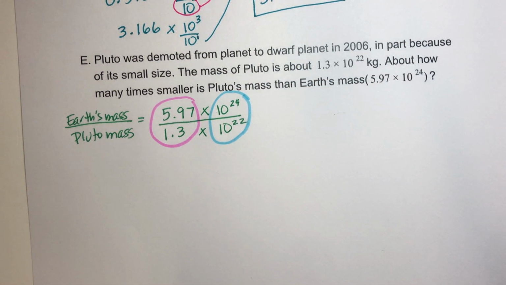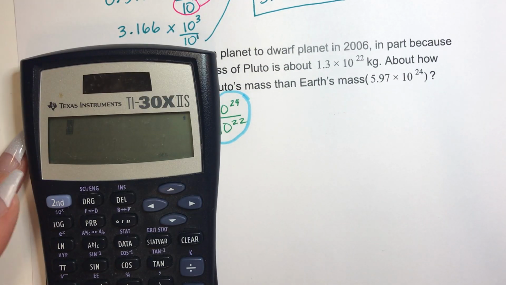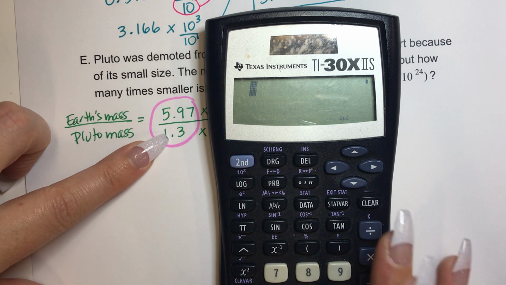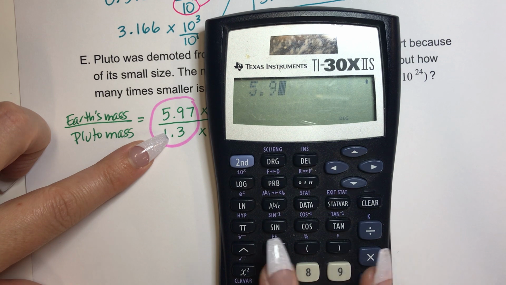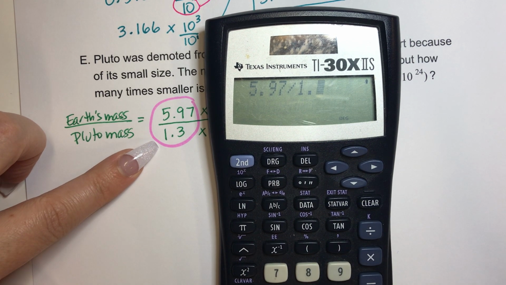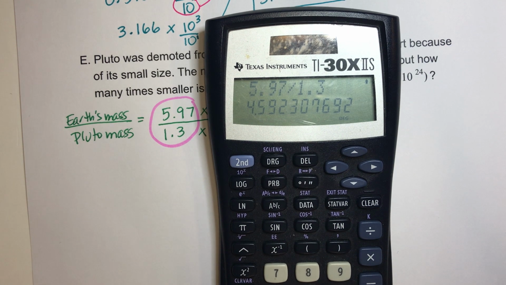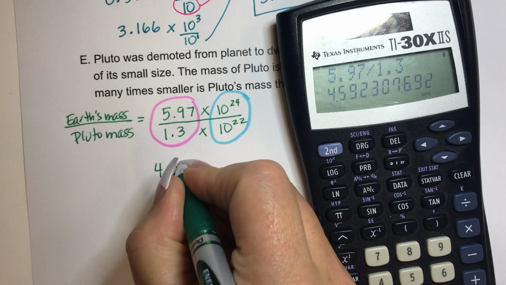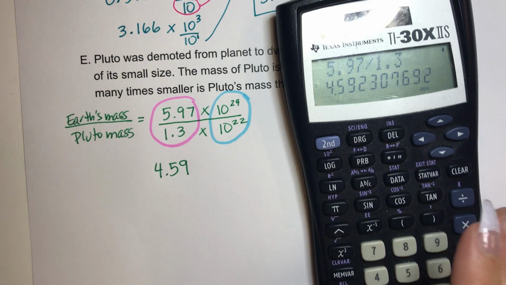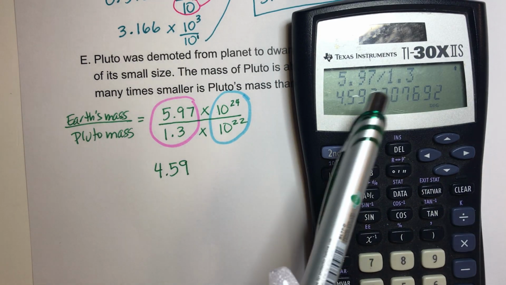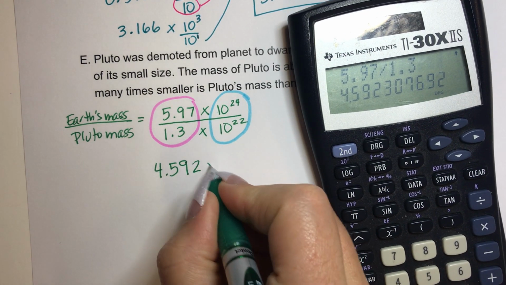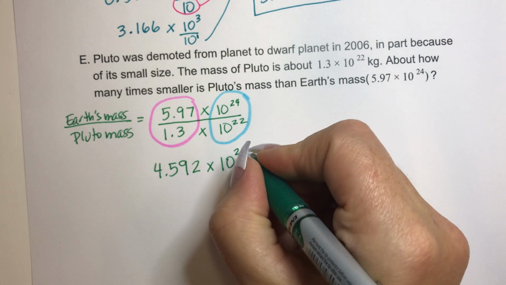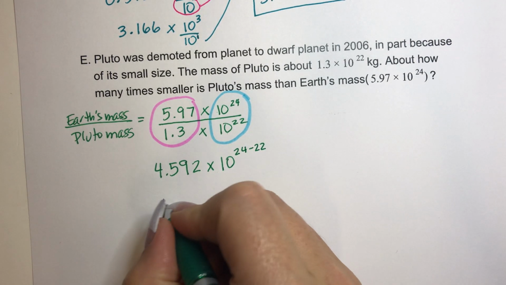Okay, so when it starts to get complicated, I'm just going to use my calculator for this part. So 5.97 divided, oh my goodness, 5.97 divided by 1.3 equals, okay, 4.592. We'll just round it to there, times, we have the same base, the quotient rule would be 24 minus 22, which just ends up being